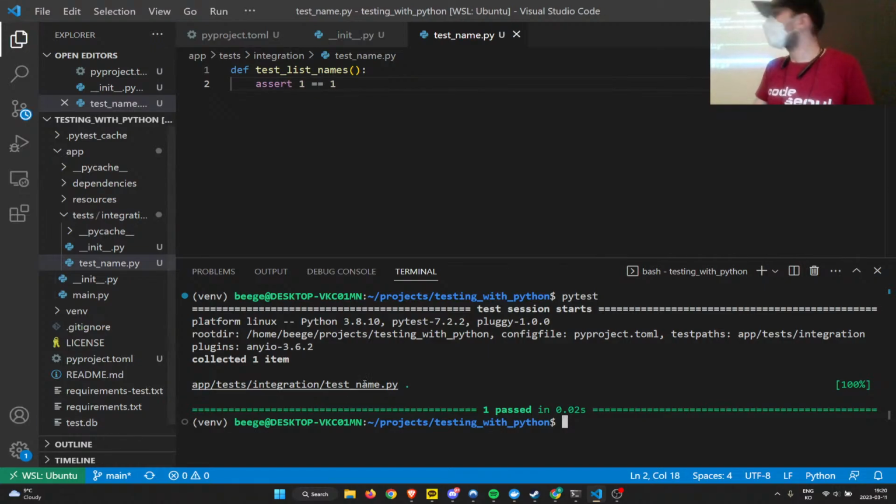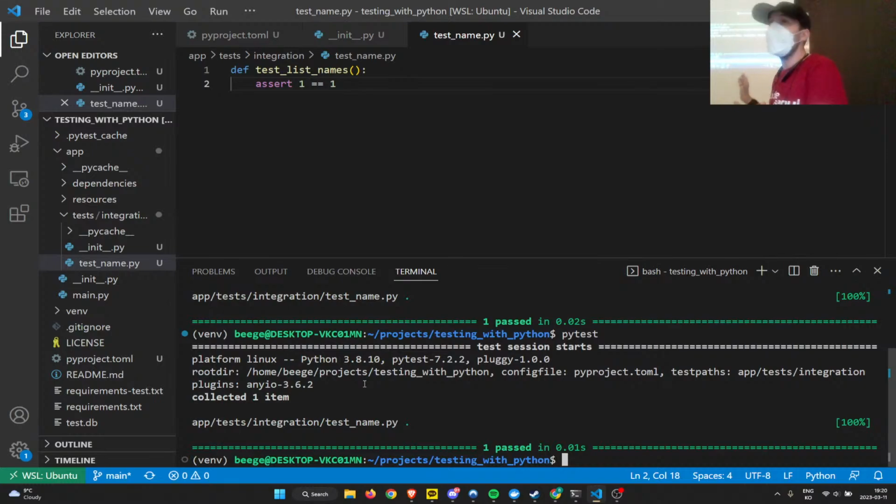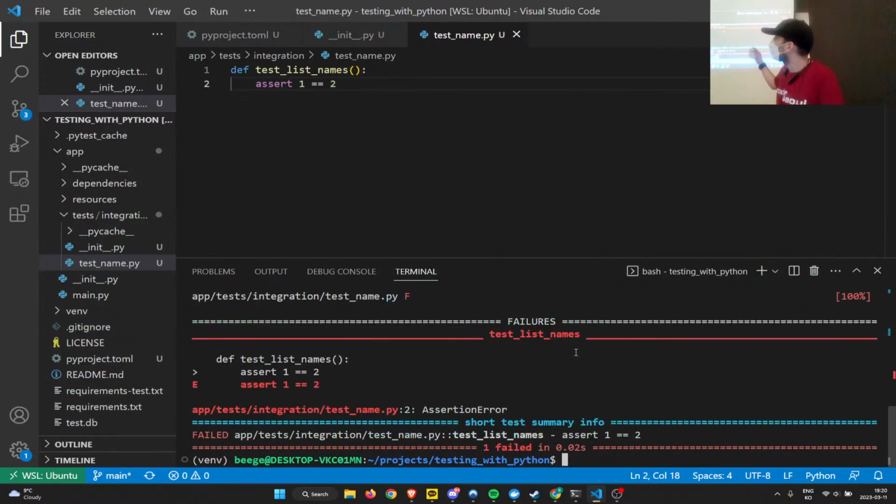So we can just do assert 1 equals 1. If you run this, you should be good. Okay? You don't have to type this part because we're going to remove it in a second anyway. Okay, but everyone understands assertions? So just to demonstrate, if I say something like 1 equals 2, right? You get this. It gives you an assertion error, highlights which line failed, highlights that it's an error, and shows you that the test failed. Okay? No surprises there.